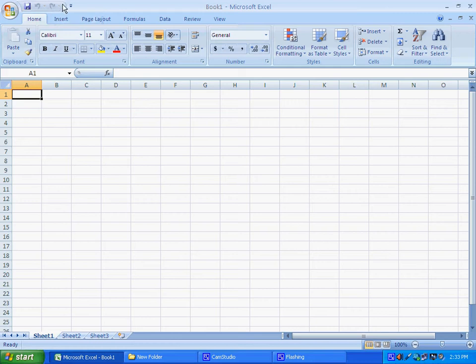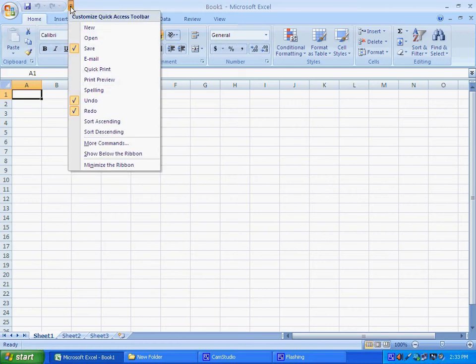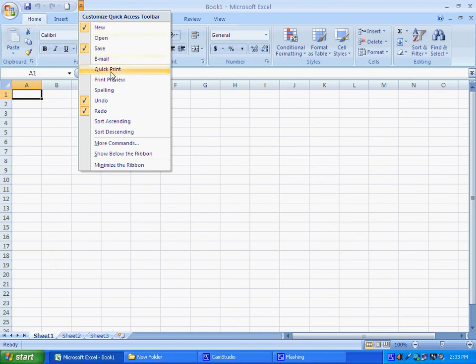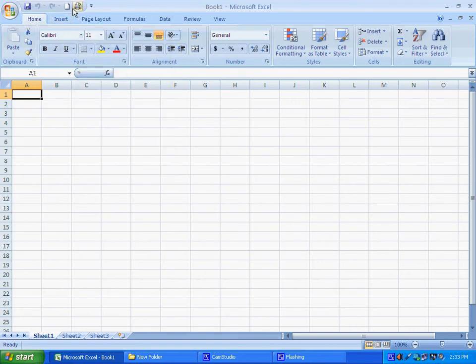And this part is called the quick access toolbar. You can add various options like opening a new spreadsheet, you can use New. Then you can create a shortcut for Print also, Quick Print. So various shortcuts in this quick access toolbar you can create.